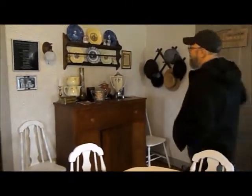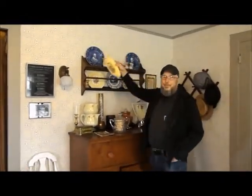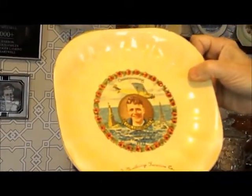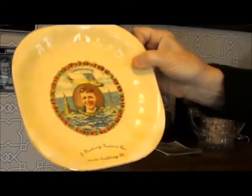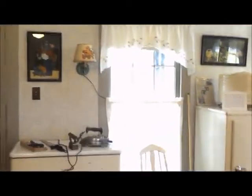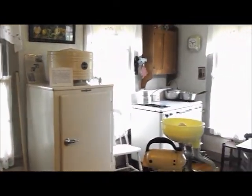Of course, Lindbergh in the late 20s and early 30s was like a national hero. So here's a souvenir plate from Lindbergh's time that people really saw him as a great national hero at the time. So throughout the house, and especially here in the kitchen, there's all kinds of things from the 30s. There's a 1930s